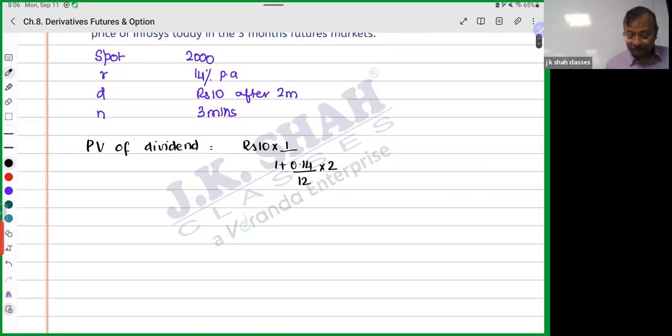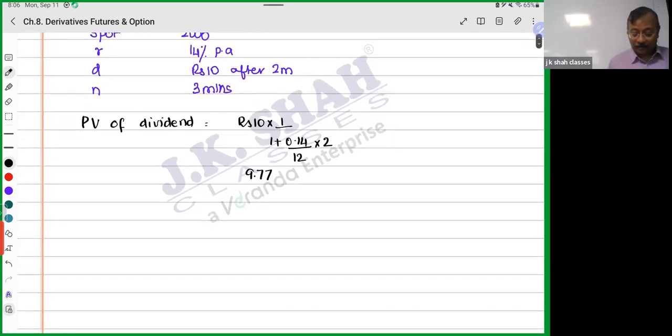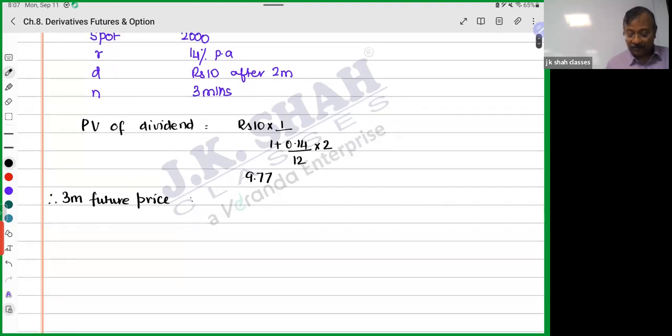That is 9.77. Therefore, the 3-month future price will be spot minus,